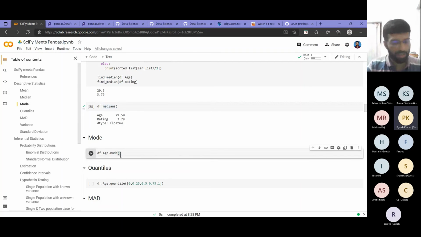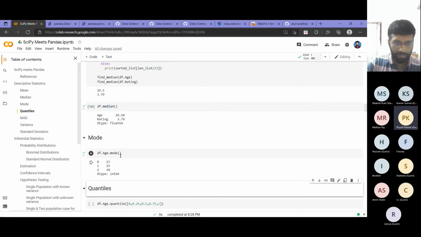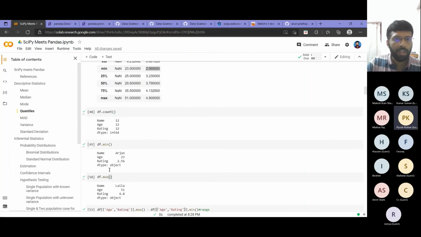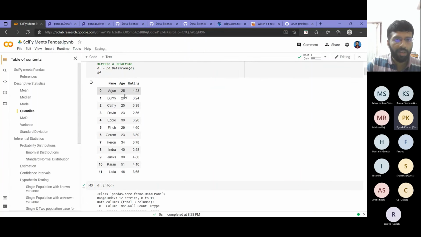Now, the mode is the most frequently occurring value in a particular data set, and from here we got 3 modes: 23, 25, 30. Let's check our data. 25 has 2 entries, 30 has 2 entries, 23 also has 2 entries, and all other values occur only once.